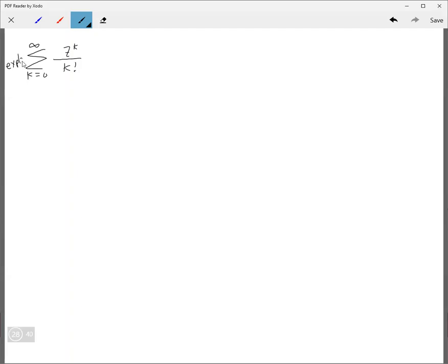This is exponential of z. Okay, this is exp of z. And the radius of convergence is infinity. If you apply the ratio test, then what happens